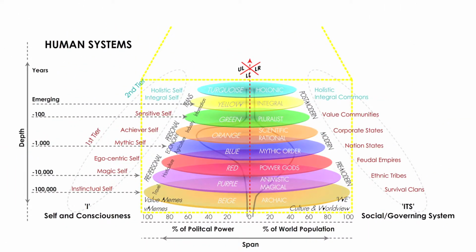So you can get a sense that the approach that we're trying to take here at Ubiquity and with this course comes from that integral perspective, where we're not arguing about what's right or wrong, but we're trying to find out which piece has which bit of truth and what is useful to be able to engage the reality that we're in. And there have been some very early signs of the next system here emerging, the turquoise holistic self,